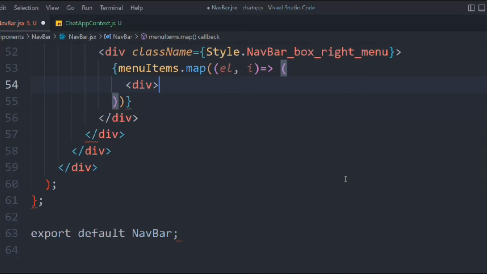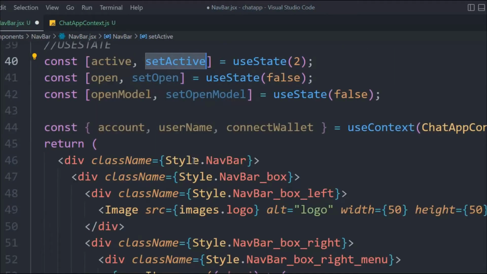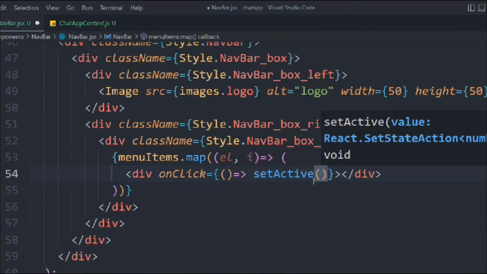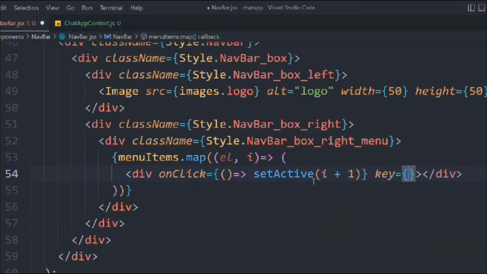It will have an onClick function, and the function I want to call is setActive. So this is the active, and it will become i plus 1, and it will have a key i plus 1,